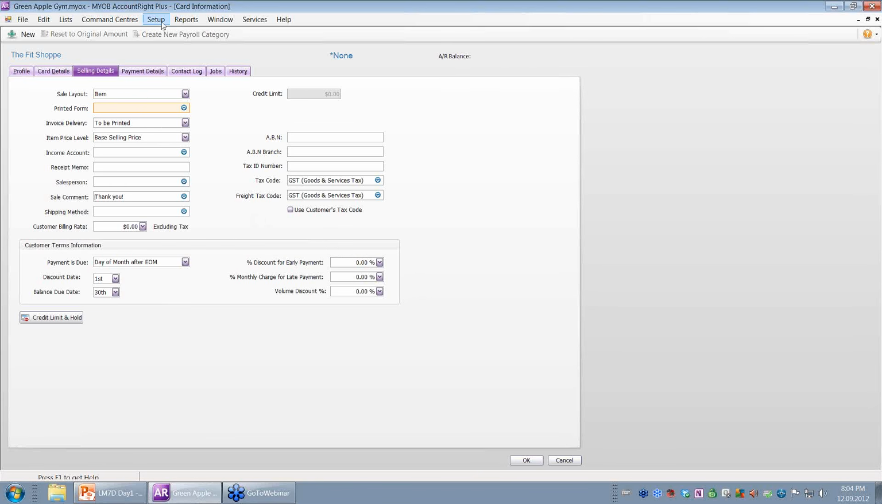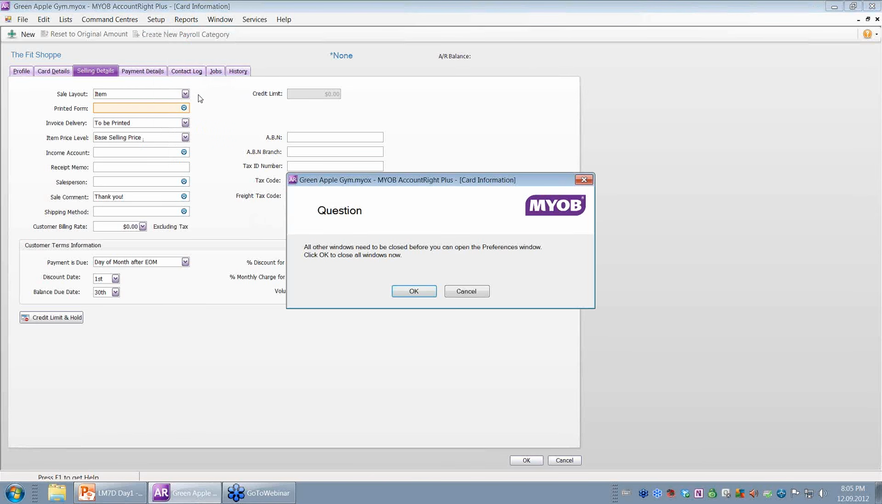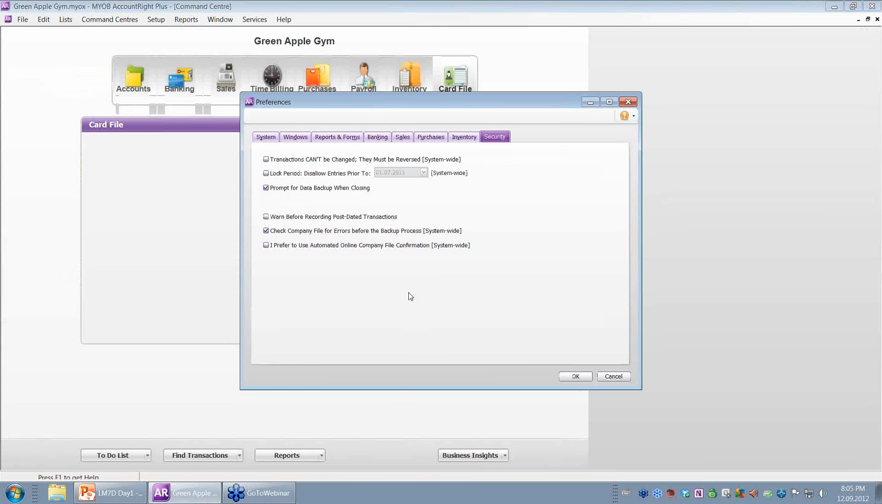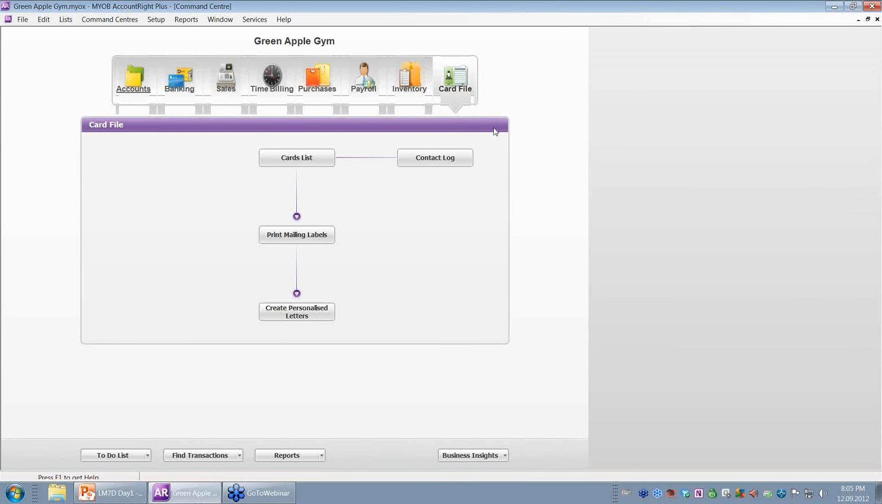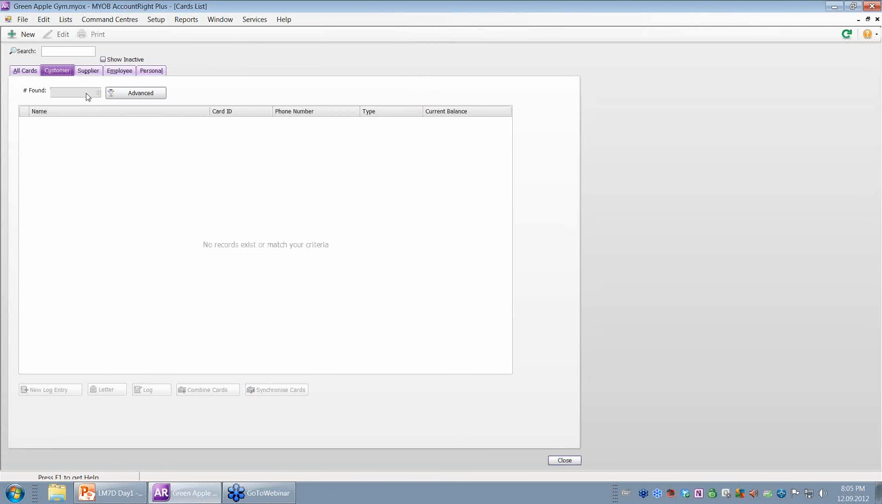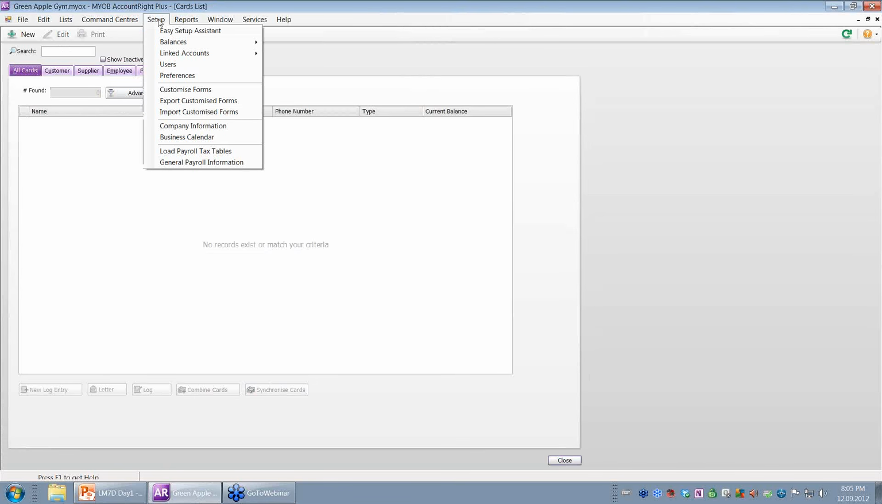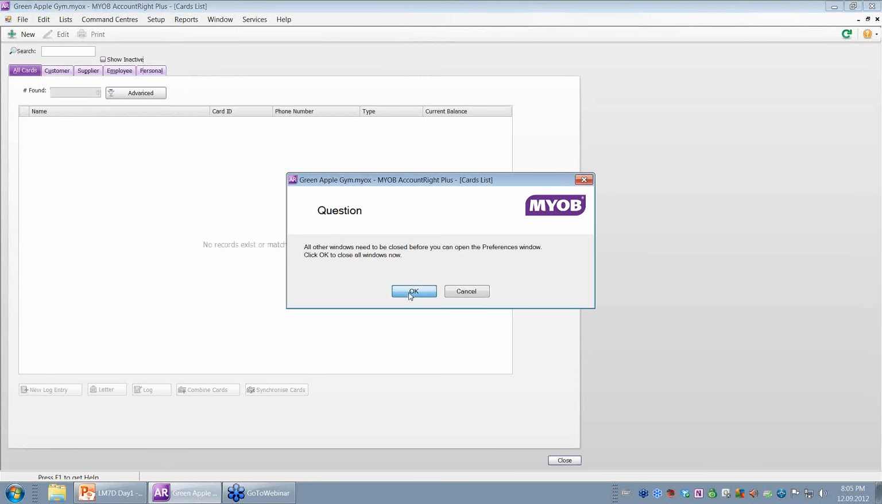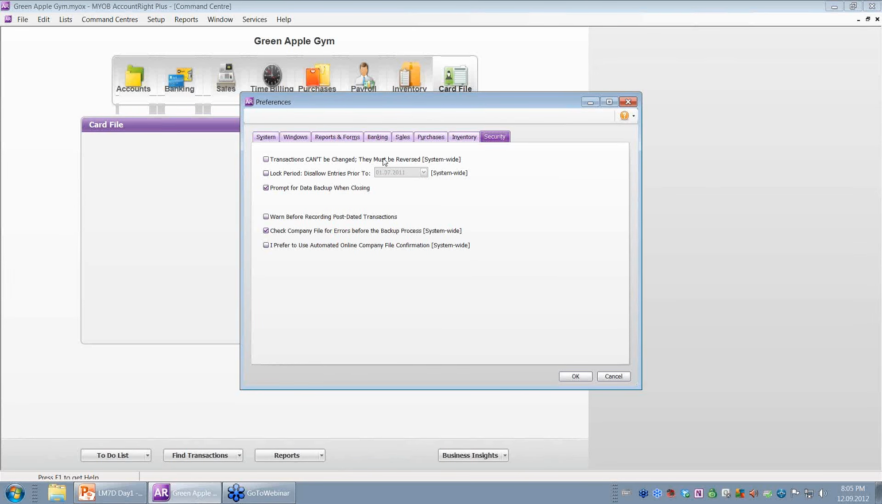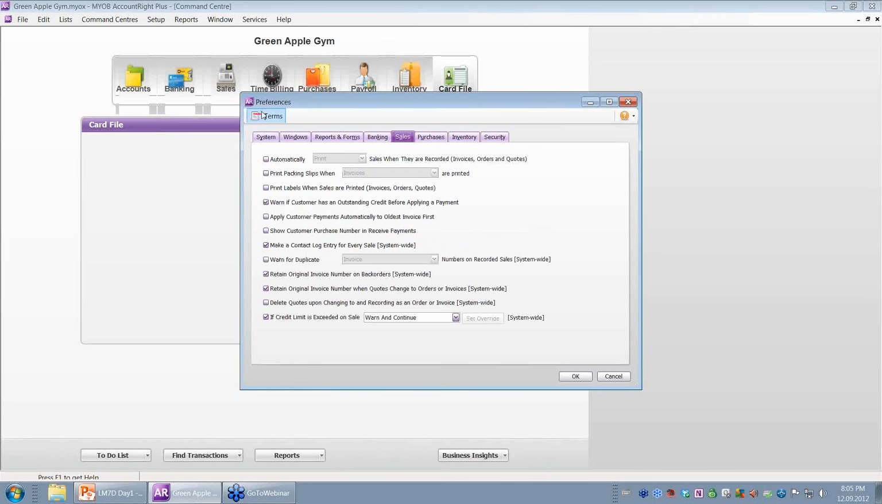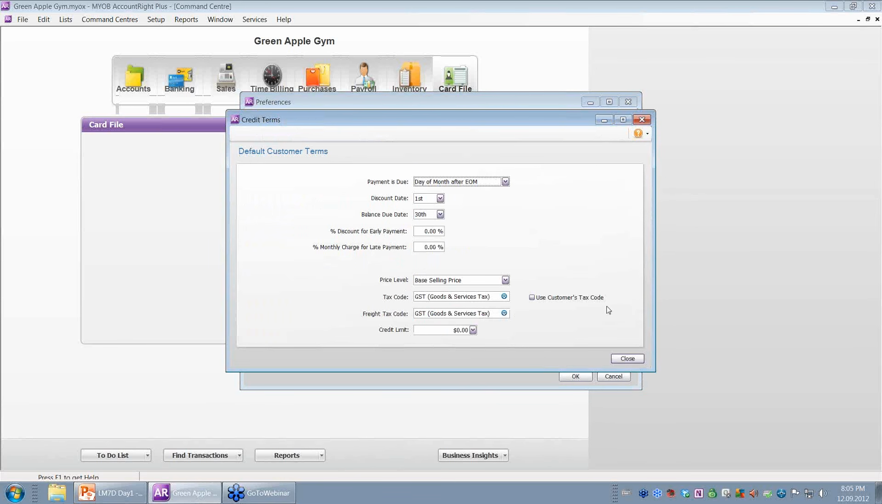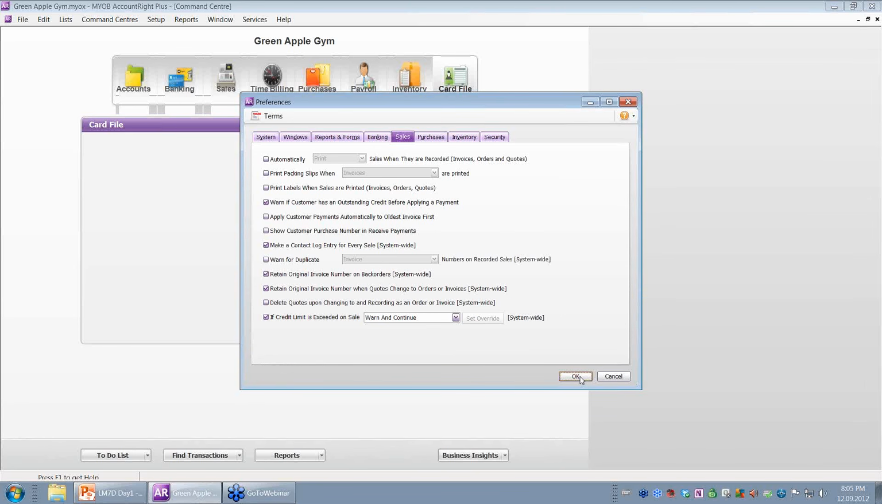Now I want to highlight something to you. Under Setup, under Preferences, under Sales, here under Terms, this is actually where you can set up the default terms for everyone. Okay, that's where you set up the default terms for everyone, but it's for all new cards created, not existing ones. So click OK,